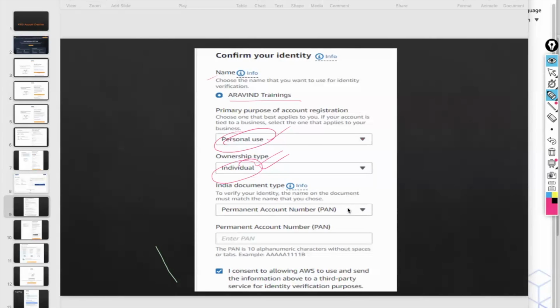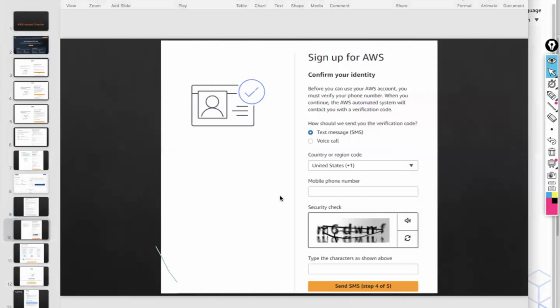Like I want to enter the PAN card details. So choose PAN card from this drop down and enter your PAN card details, PAN card number. Select the checkbox. This is to confirm your identity. And here